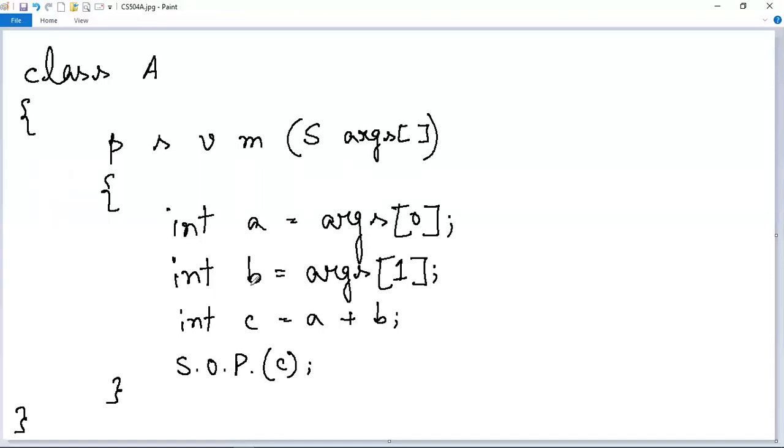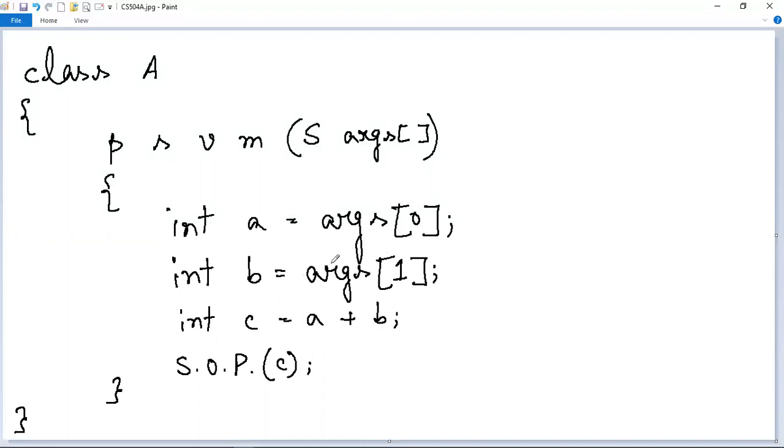That means when we execute this program on the command line, we will write two values, for example 2 and 3 or whatever. And here we can see that these variables are of integer type. That means this program wants to add two integer values, one stored in the 0th location of the args array, and the next stored in the first location of the args array. Then we want to add them.